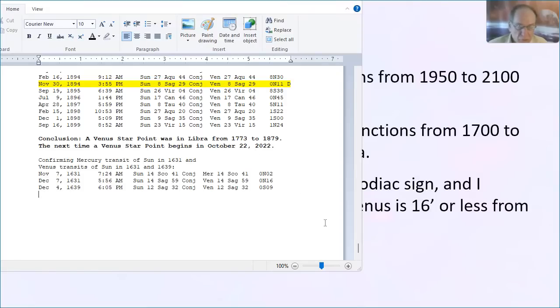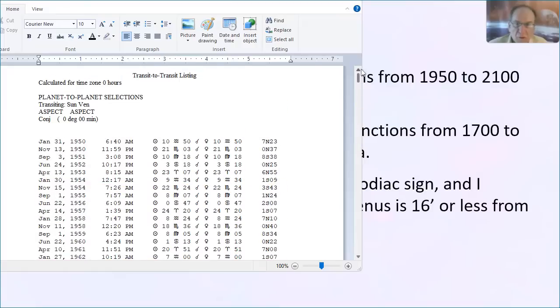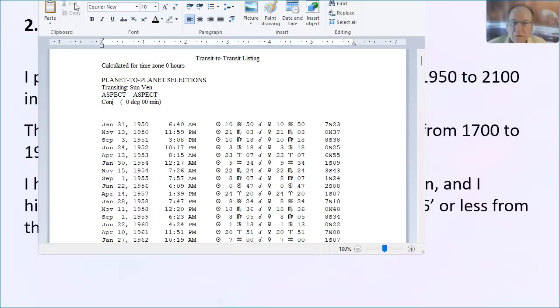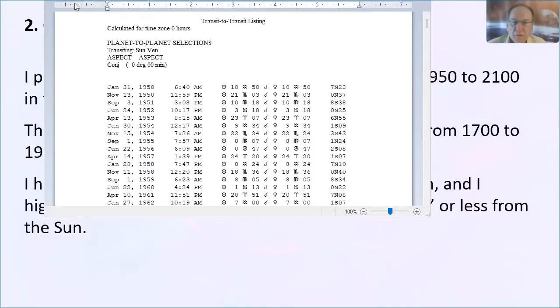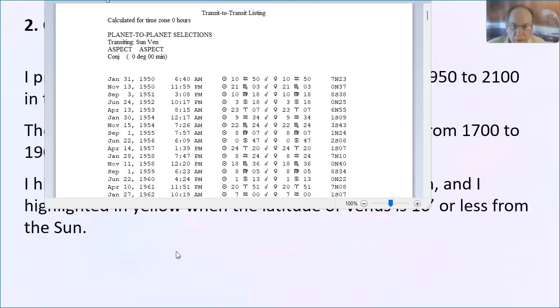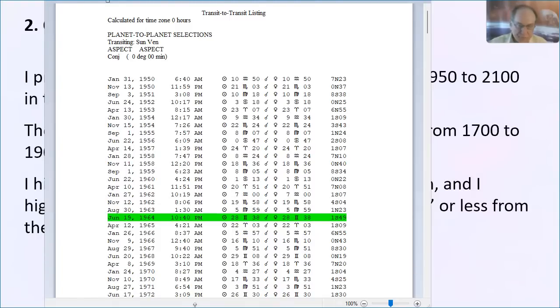Let me scroll up here. One second. Scroll up and let me drag this. Sorry, I didn't get this nicely situated. Let me lift this up here so we don't have all that stuff. And let's make this listing longer. Okay, so I'm putting this in the captured area of the screen.